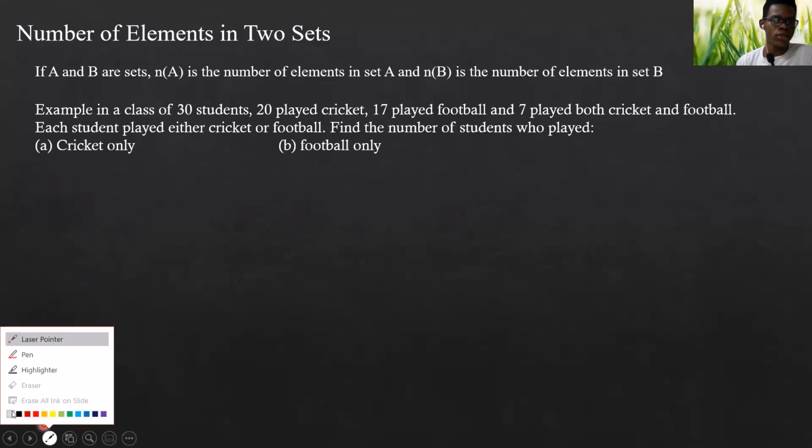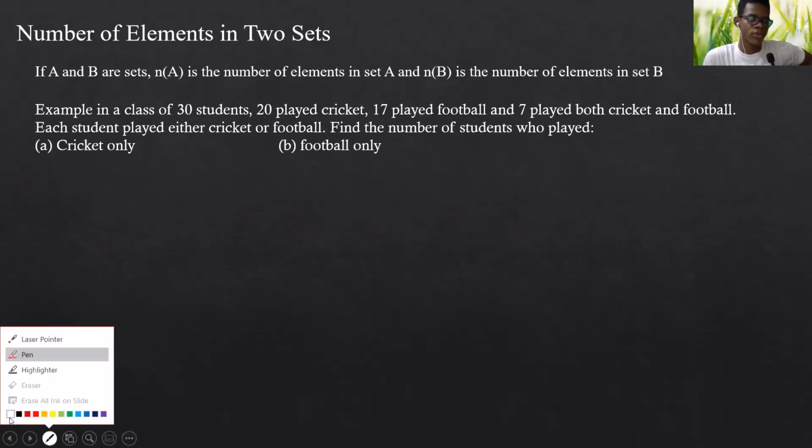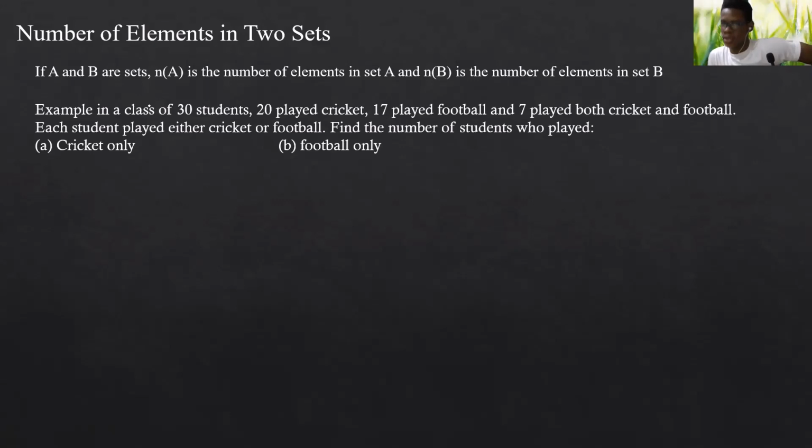Now, one thing you're going to do as soon as you see questions like this, as in you're looking at a universal set, and the universal set now is the class, you have to start mapping the question onto sets. As soon as you see this structure, you're referring to sets. It's not blatant. You don't have a set A and set B; the questions are structured differently now. But you need to identify the sets and the number of elements in those sets. So if I were to refer to the class as a universal set,